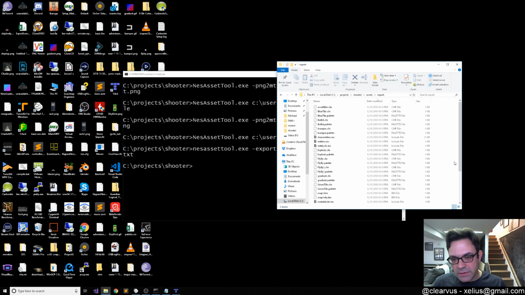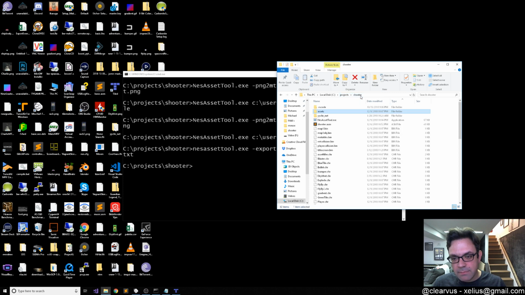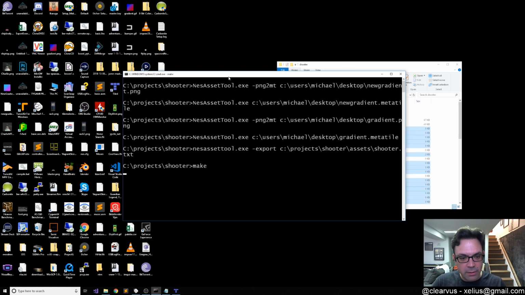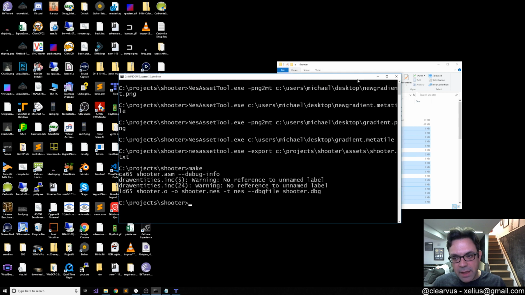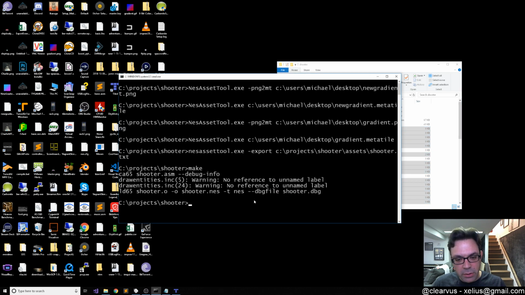And that exports the entire project again. All of the content, all the meta tiles, everything is transformed from the raw format into a format the game can use. You can just paste it into the main project, and then I can run my makefile and it rebuilds. Eventually the makefile will detect changes in the assets and rebuild the appropriate parts when it goes to rebuild the ROM. But when you run the ROM,